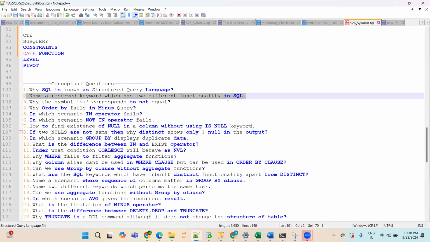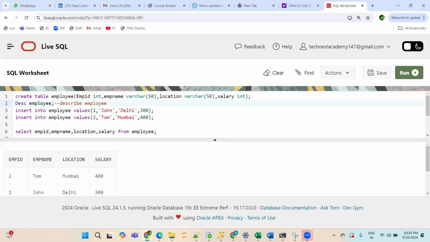So this is that DESC, one keyword but two different functionalities. If you use DESC with a table name, it will become describe. If you use it with order by, it will become descending. We will discuss it at a later point in detail. Because you asked, I answered it. Any other question?